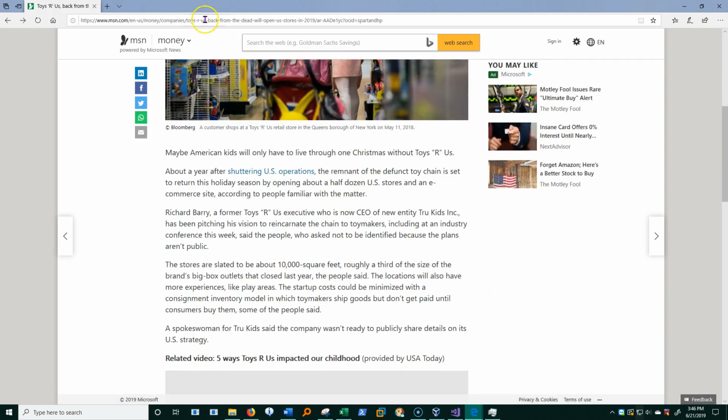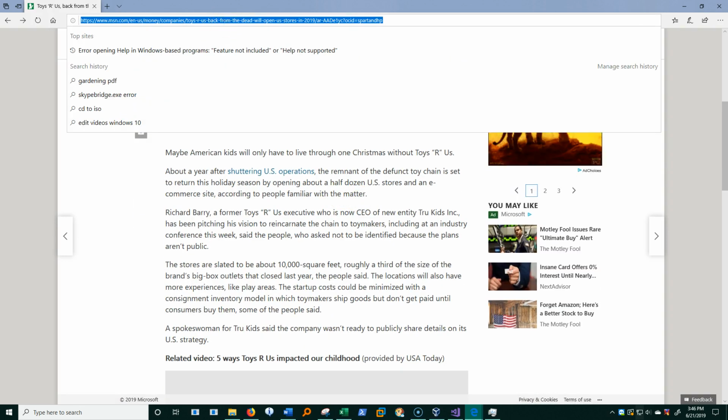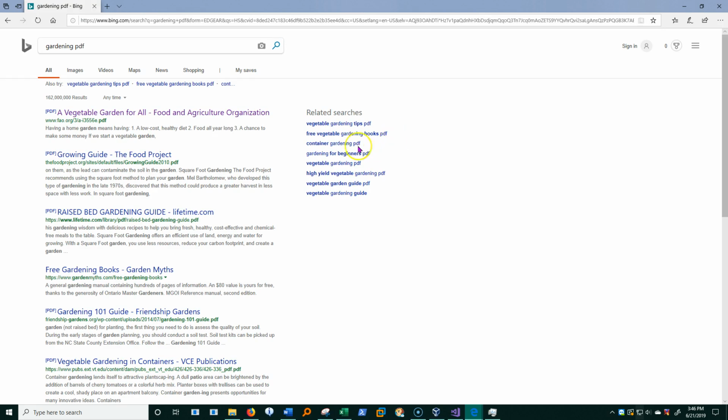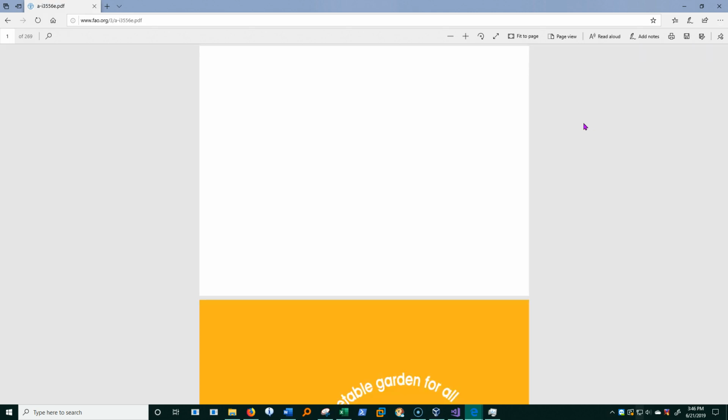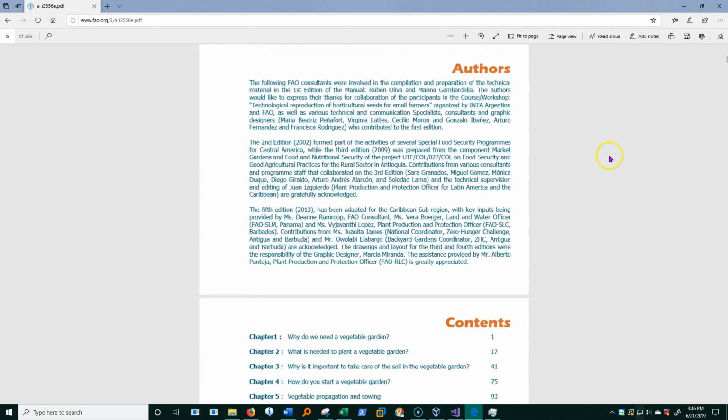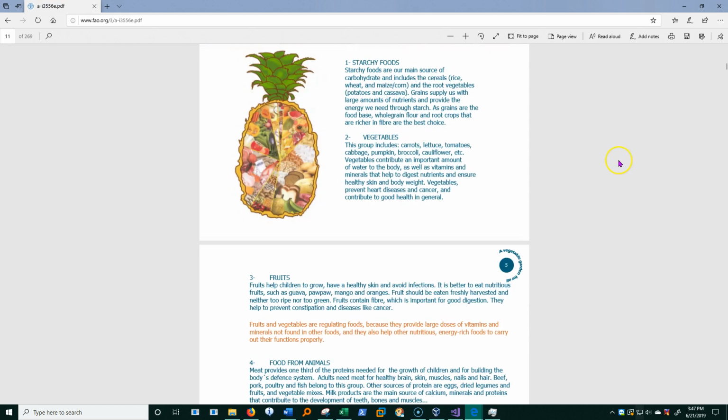It also has a nice PDF reader. Let's just take something like a gardening PDF, for example, and find a PDF document, and you'll see it opens up in Edge in a very nice PDF viewer. This is a 269-page document. Wow. So it's going to take a moment for it to load. But as soon as it loads, you'll see that we have a pretty nice, handy PDF viewer. One moment for it to finish here. There we go. So we have a very nice viewer, as a matter of fact, with several options that we can use to work with in that.